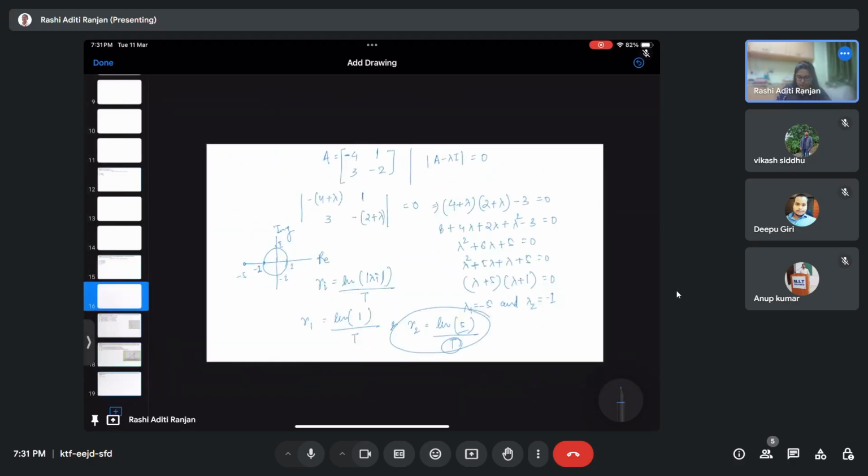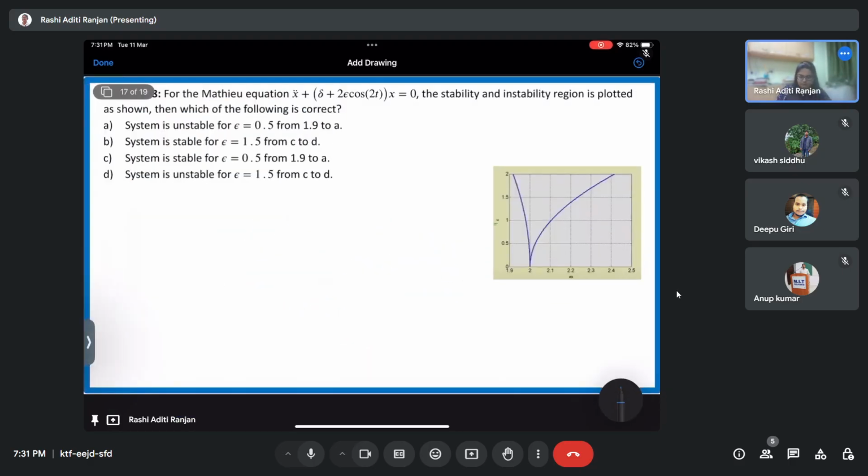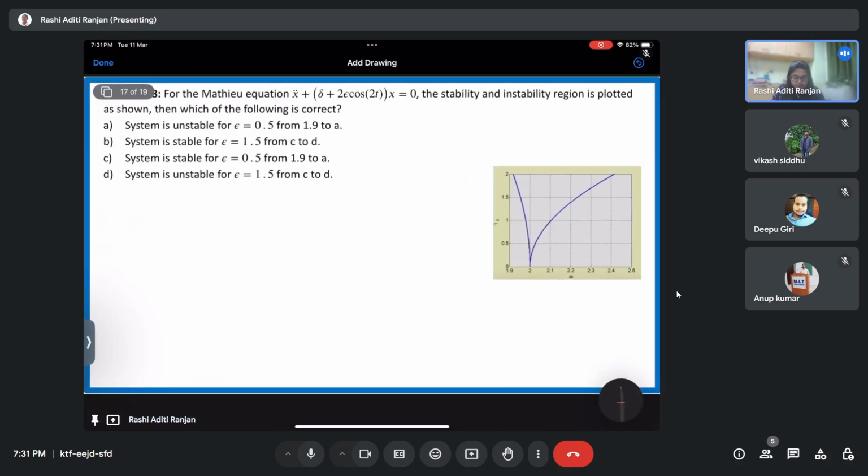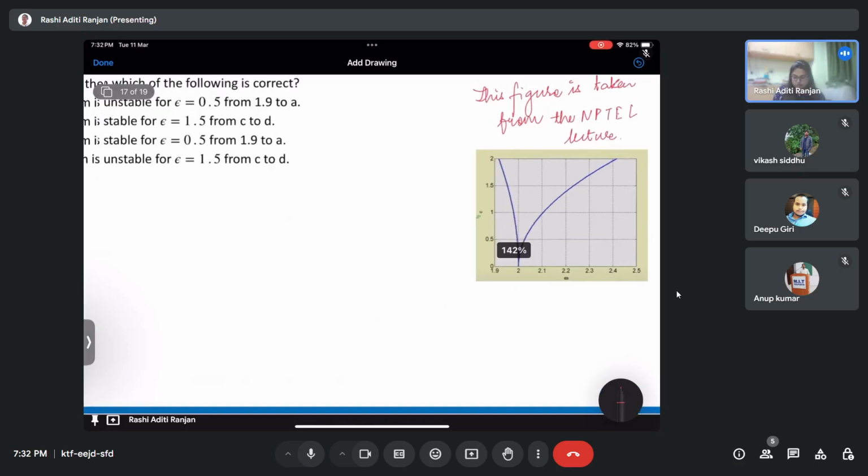Okay, coming on to question number 8. For the Mathieu equation, the stability and instability region is plotted as shown. Then which of the following is correct? Okay, first let me complete the figure. Firstly, this figure is being taken from the NPTEL lecture. Okay, now coming on to,